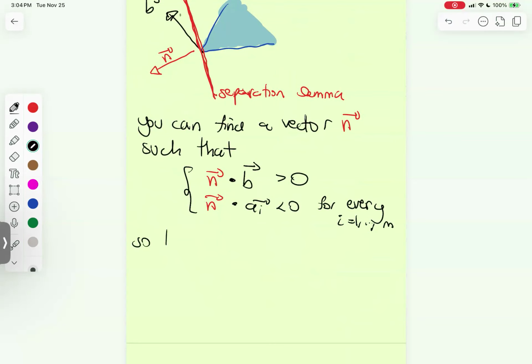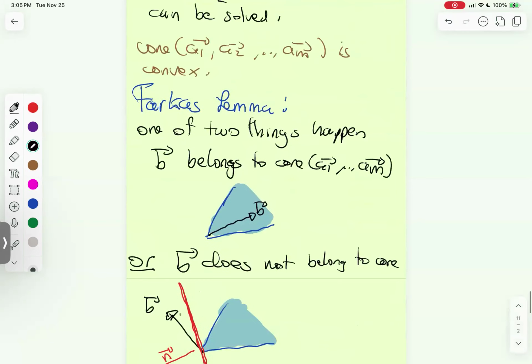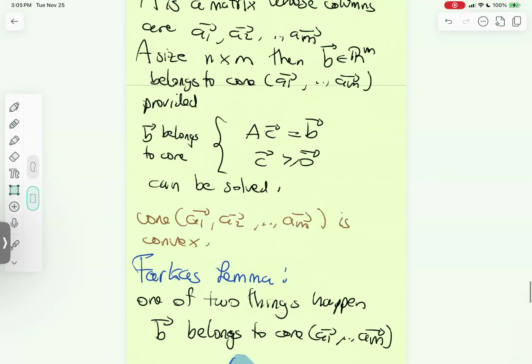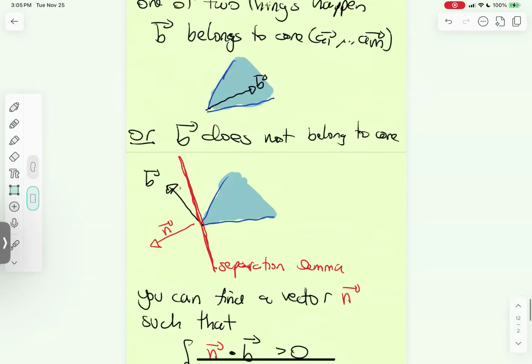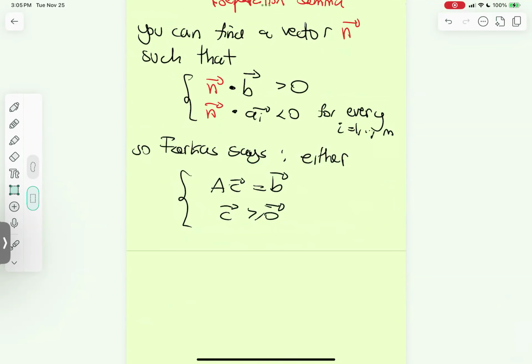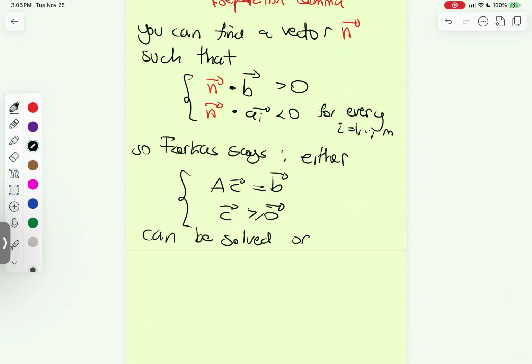What Farkas says is that either this system can be solved, or you can find a vector n that satisfies